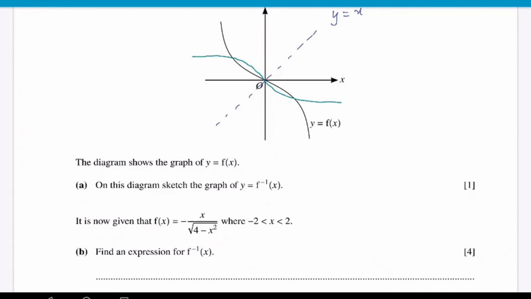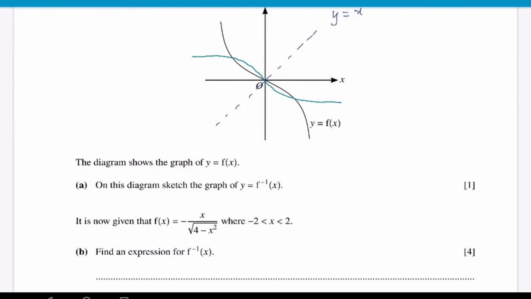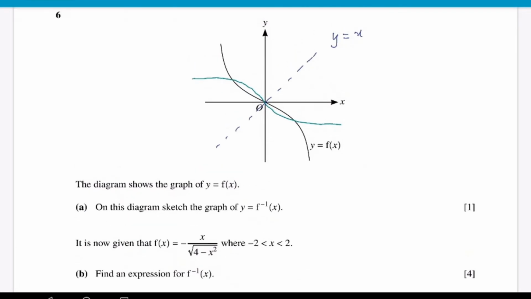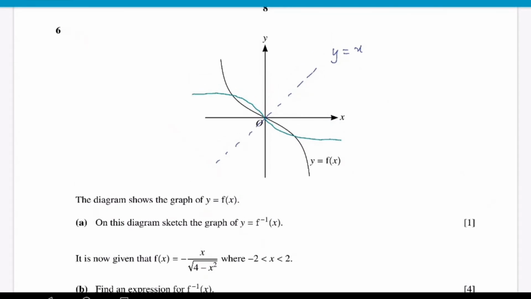Okay, so if you look at part B here, there's another trick that I can show you. How do you actually know that the graph looks like this? Just now I was a bit blur, right? I also drew a wrong graph here. I'm not sure whether this method works for you, but if you are really not sure how the inverse graph should look, or when you want to reflect it over y equals x,